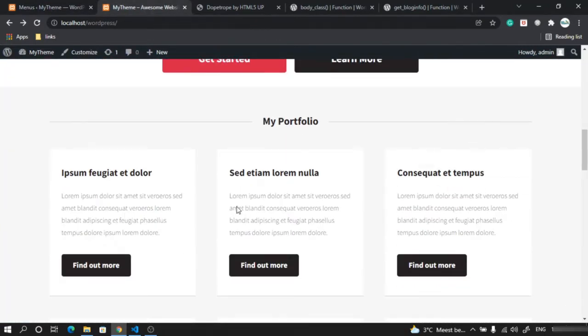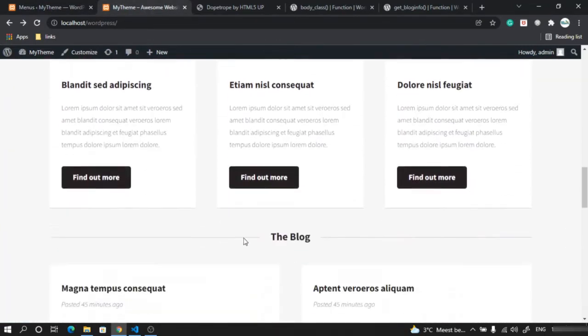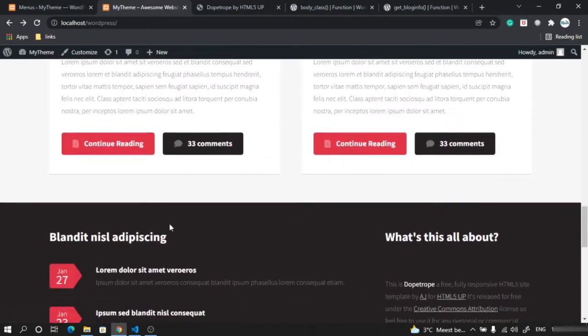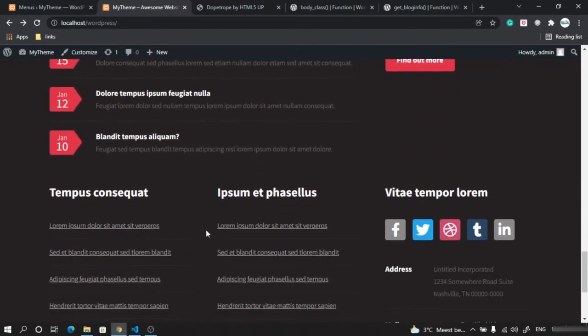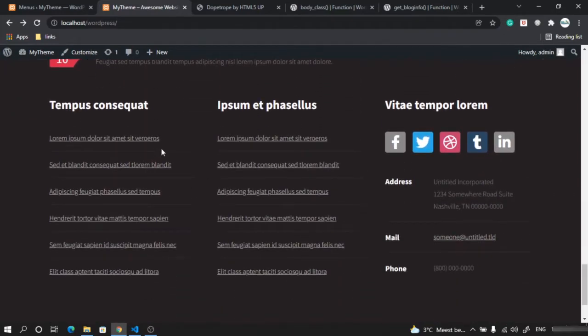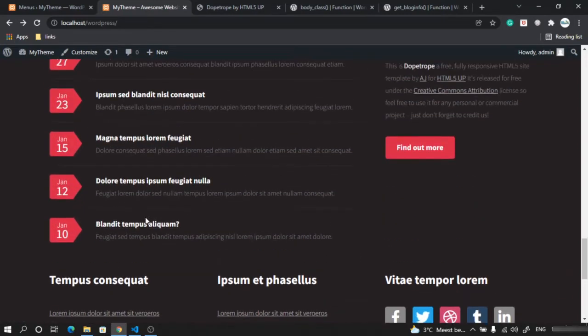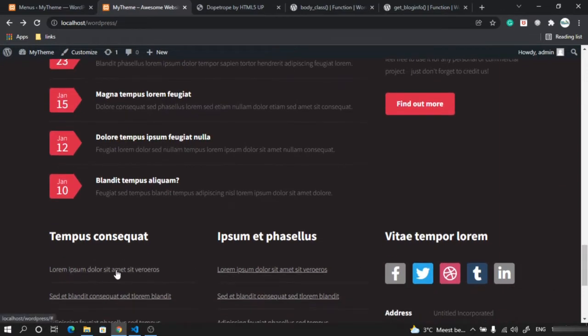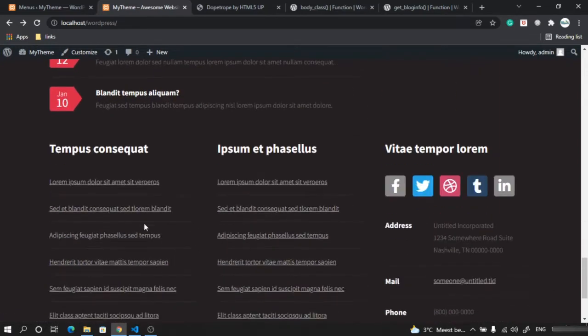Then we have this portfolio section. This also we will make dynamic. Blocks we will also make dynamic. After that we have this whole section, and then we have this footer area. So for this footer, we are going to manage with the help of widgets. So we are going to register a few widgets in our functions.php for handling this three footer layout